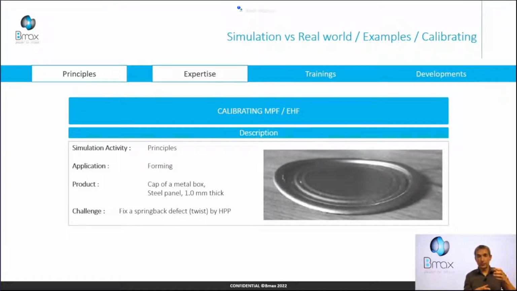We use a punch, and we form these 2 grooves with a punch and a die. The topic of simulation: at the end, when we remove the punch, we create a defect of springback. It's a twist defect. So we want to use simulation to reproduce this defect, to understand the origin of this defect, and to imagine a solution to fix it.